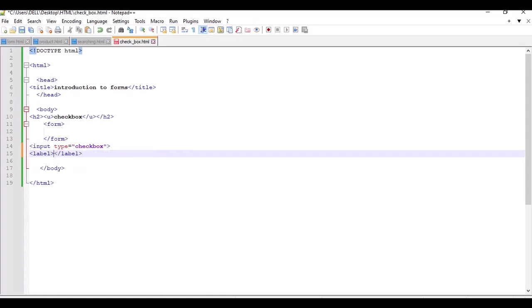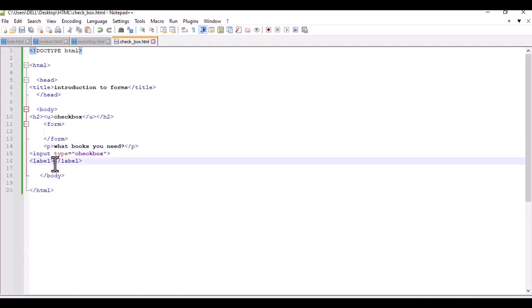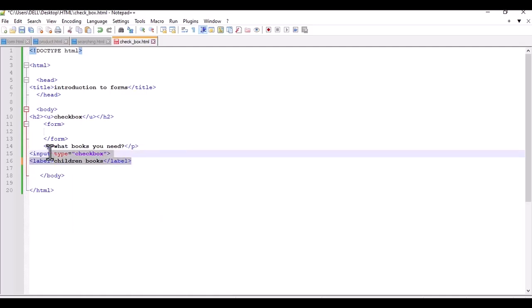Or for example, suppose we write it here as a paragraph, what books you need, and we have this paragraph opening and closing. So I write children books, for example,